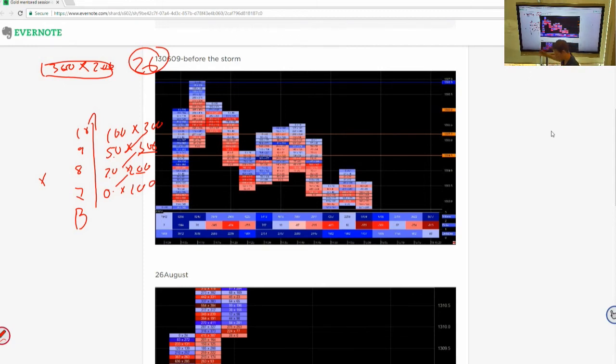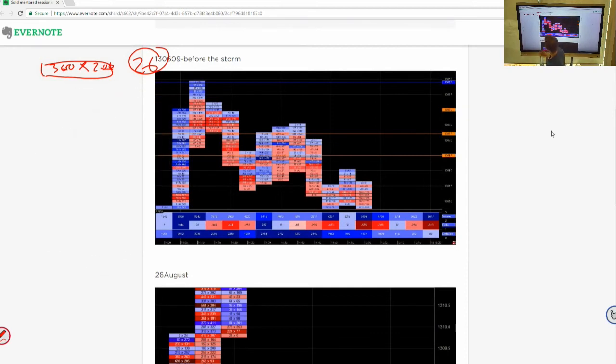So the interaction, how is the buyer and seller interacting as price moves? That's what the footprint ultimately is. Okay, let's say it was slightly less aggressive. So price still goes up, so we can still see this bar moving up. So let's say we had something like 200 times 200, or 300 times 400, or 250 times 180. Okay, so you can see the nature here now. There's a lot more two-way interaction between the buyers and sellers. That's the basic premise of what a footprint tells you. It tells you the interaction in a summarized format.